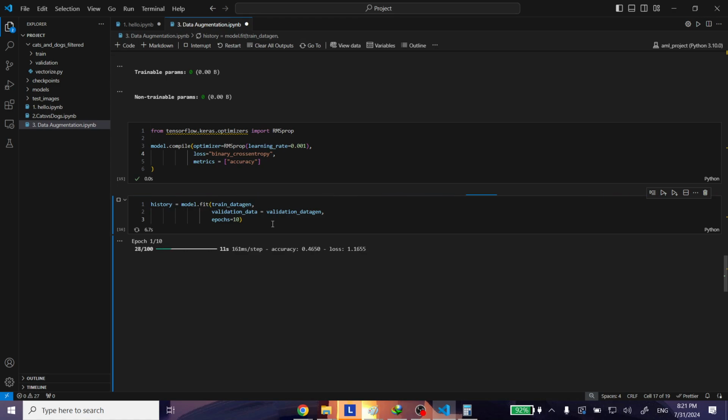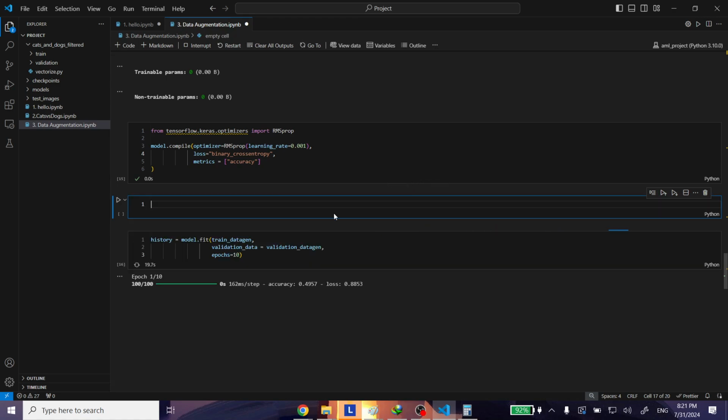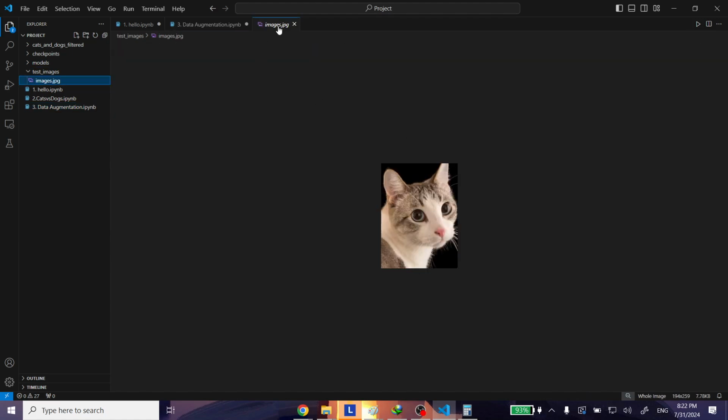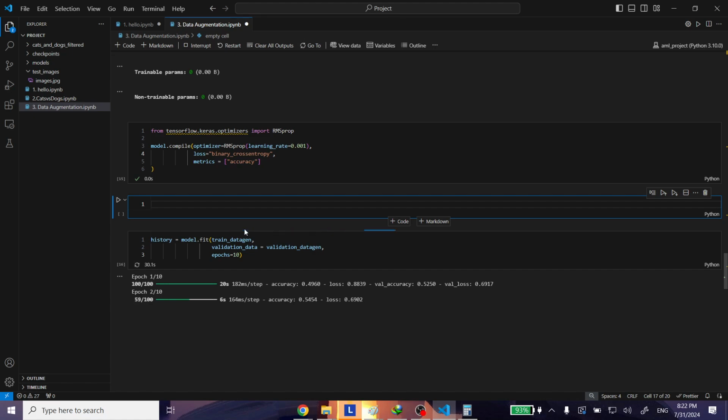and we will be doing a little bit of inference in this one. So while this is being executed, I'll write the code for inference. For inference, I have a test image over here of a cat. It's this one, and let's see what it predicts. Does it predict it as a cat or a dog? So for this, I'll say from tensorflow dot keras dot utils, I'm going to import load image and image to